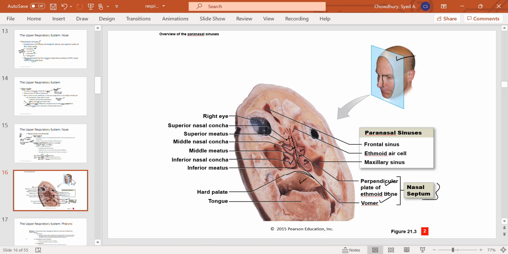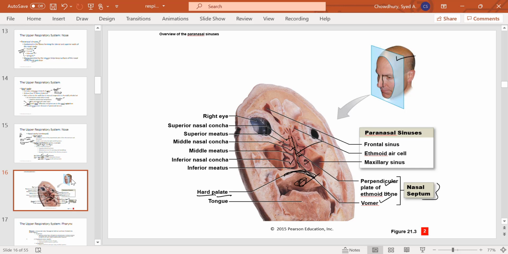So the oral cavity and nasal cavity are separated by the palate, and you can actually put your finger inside your mouth and move up to touch the palate, or you can move your tongue up and touch the palate with the tip of your tongue. That's the palate. Now the palate separates the nasal cavity and the oral cavity, right? So it is the floor of the nasal cavity but the roof of the oral cavity. Makes sense?